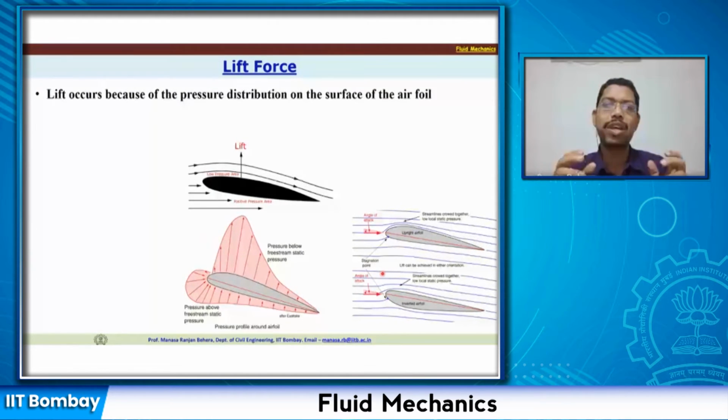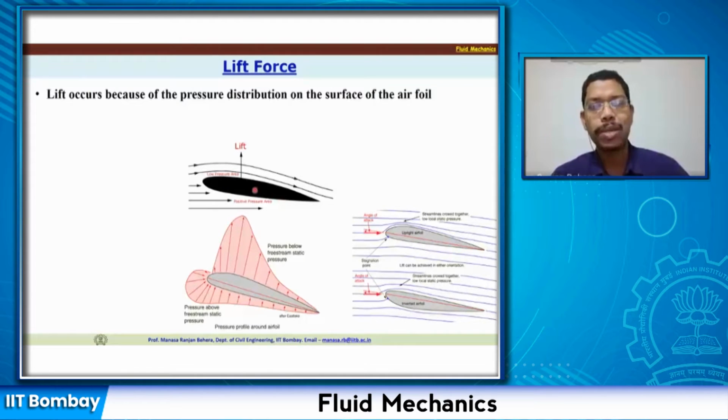So net pressure or net force acting in any direction is going to be zero. All right. So if you take a sphere or a cylinder or a symmetrical body and you allow the flow to pass around that, the net lift force is going to be zero. All right. But if the shape is not symmetric or if it is held slightly inclined, like the figure you can see here, this airfoil shape is held slightly inclined, with an angle.